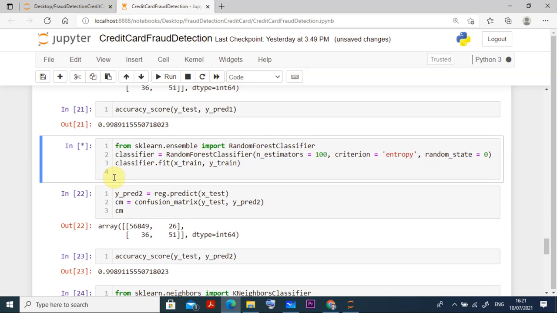10 9 8 7 6 5 4 3 2 1 and 0. Still it is running. So I failed 2 times, but still it is running. Don't get confused, it is running because it takes some time, as I told you. So until it runs, we cannot go to the next one. So you have to wait with patience for 1 minute. So once it is over, then I think we can go for